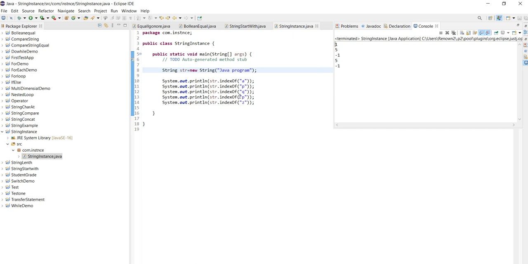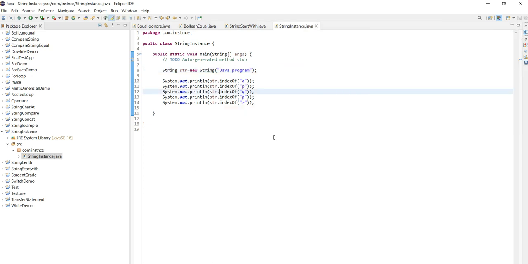Now here, for a few of them I'll change indexOf to lastIndexOf.